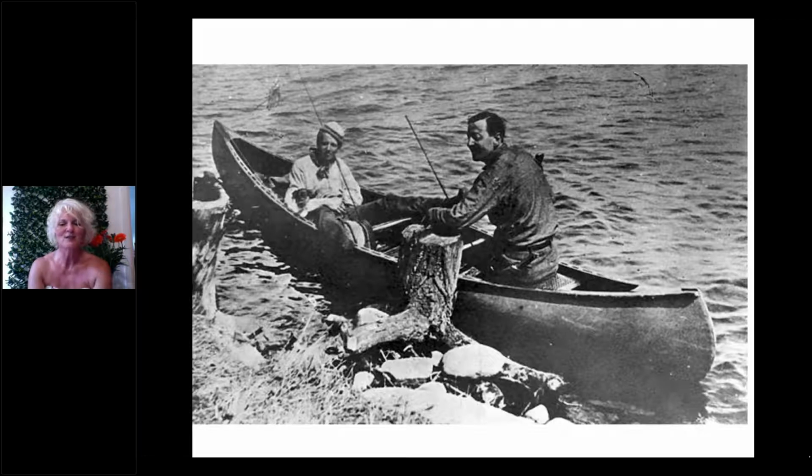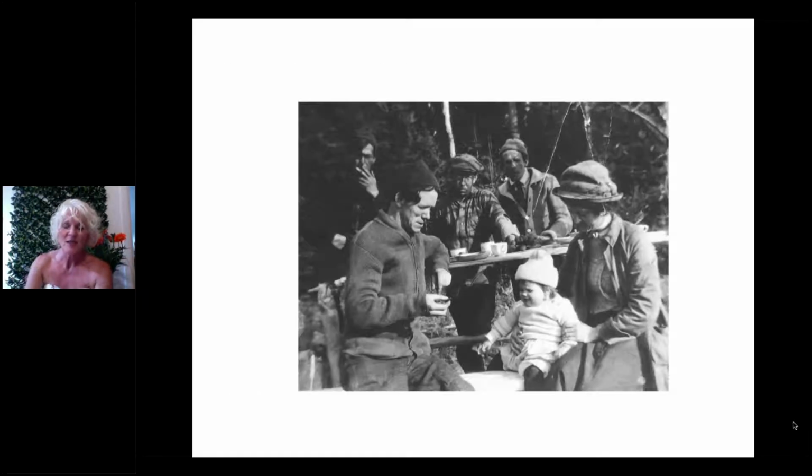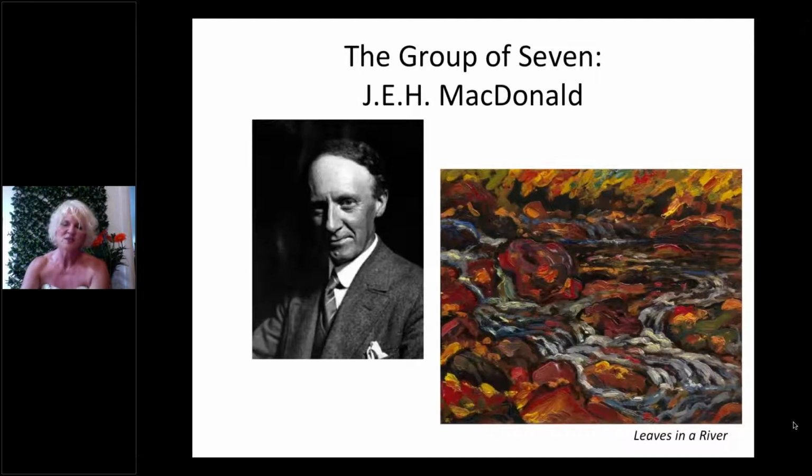Thomson, as I mentioned earlier, actually would introduce the Group of Seven to Algonquin Park. This is Lismer right here, out on an early trip. I think this is 1913, that Lismer goes out with Thomson to paint en plein air, to paint in this place, to paint Algonquin. Here, Thomson is with, this is Varley, as well as Lismer and Varley's wife that we have there. He would take them to these places and they would create, well, a whole new kind of art, each in their own style.